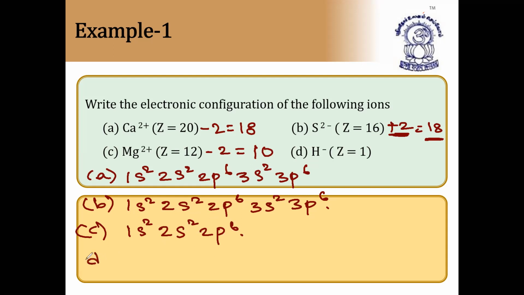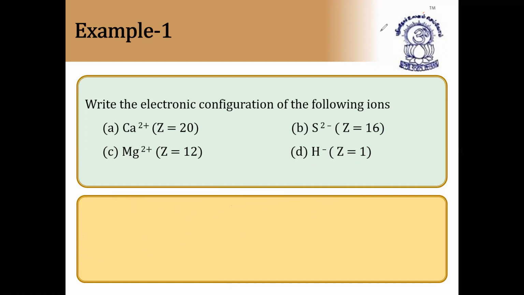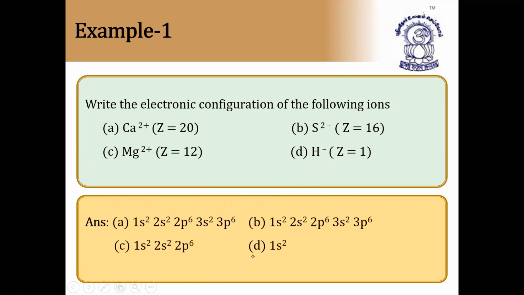Next fourth one, H minus. H minus means hydrogen is losing 1 electron. There is no configuration because it is 1s0. Actually H should be 1s1, but it is 0. So there is no configuration for fourth one. So I hope this is clear. Now we'll see the configurations. So you can see here. H minus is gaining 1 electron. Sorry, H has 1 electron and it is gaining 1 more electron. So it is 1s2. Correct. Fourth one is 1s2. Total configuration is 2. So in this way you have to do it.